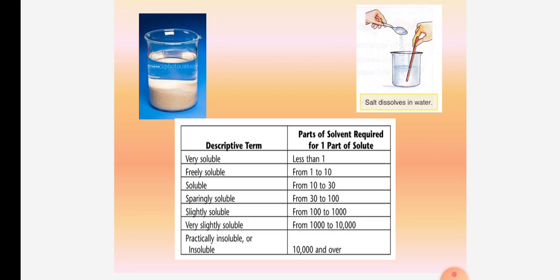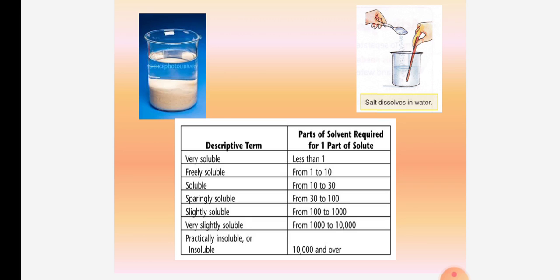In the second picture you can see, salt dissolves in water. That means we know it is completely soluble. Okay, now when it is insoluble, we call it negligibly soluble. A substance that is only negligibly soluble, we call it insoluble. Sometimes we use the word negligibly soluble, that means it is insoluble. Soluble, you know. In between the two lies the term sparingly soluble.